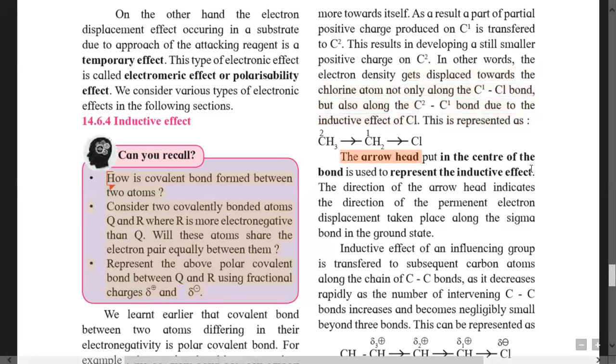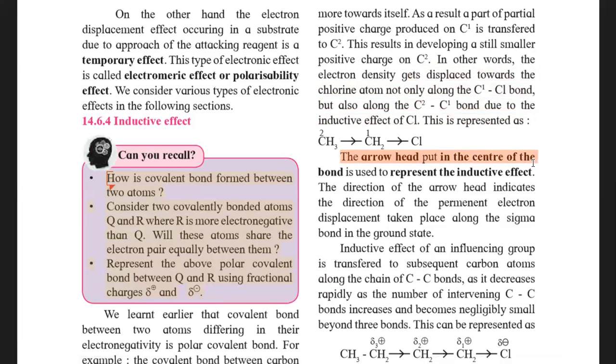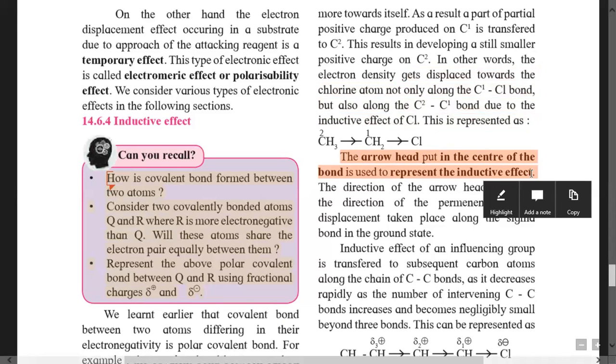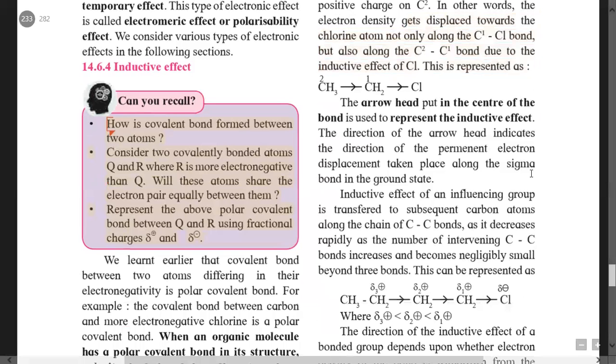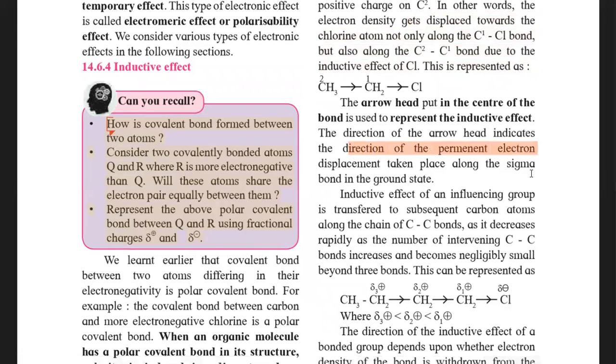The arrowhead put in the center of the bond is used to represent the inductive effect. So how is the inductive effect represented? Just put an arrowhead on a bond. In the direction of the arrowhead, the electron density is pulled. So the direction of the arrowhead indicates the direction of the permanent electron displacement that takes place along the sigma bond in the